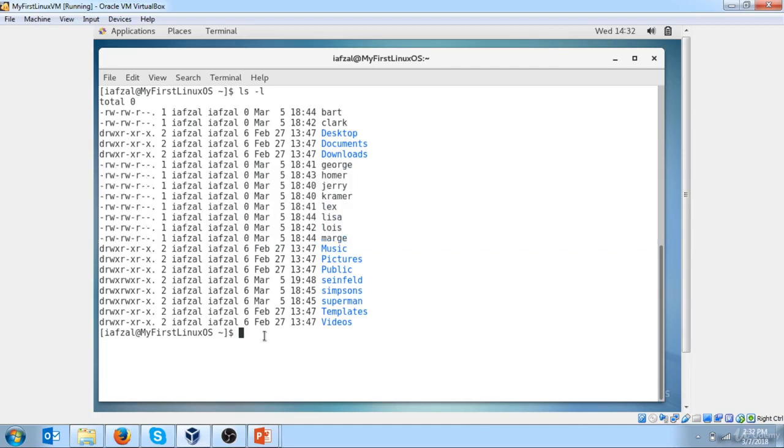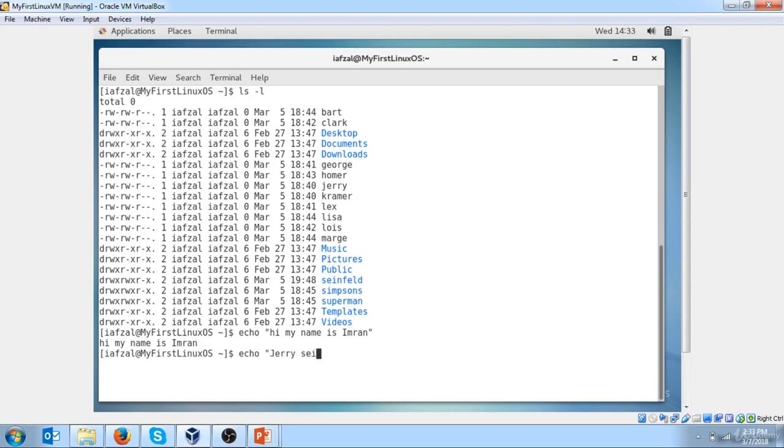So when you do echo and you type, "Hi, my name is Imran," and you hit enter, it brings you back the exact same thing that you typed. So the command echo actually echoes back what you shouted out. So how about if we output this to a file? Let's say echo